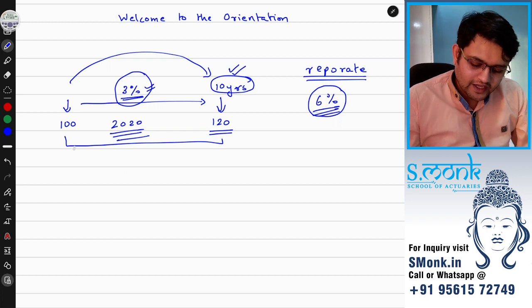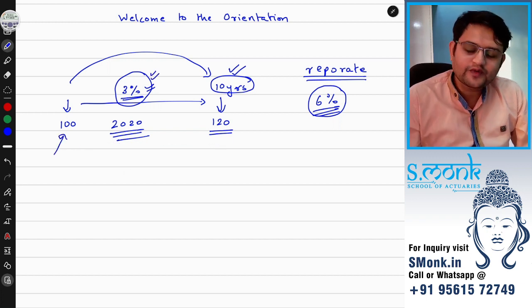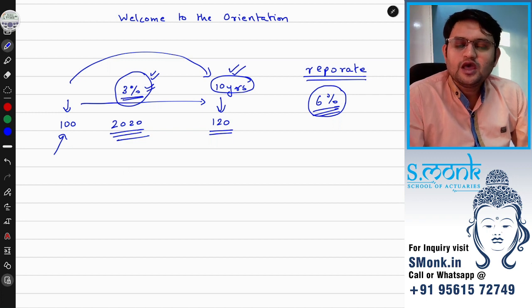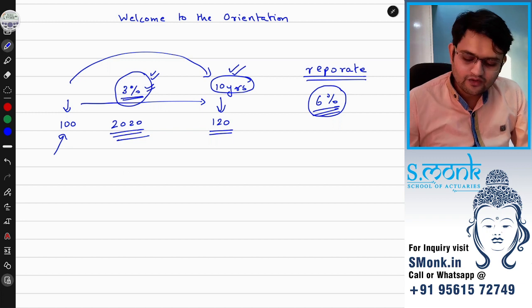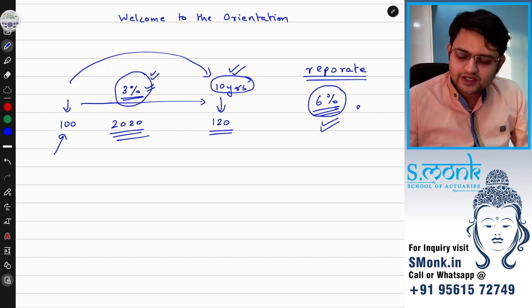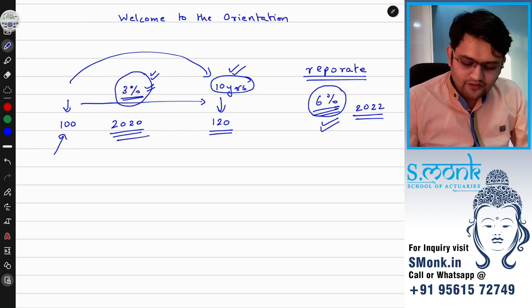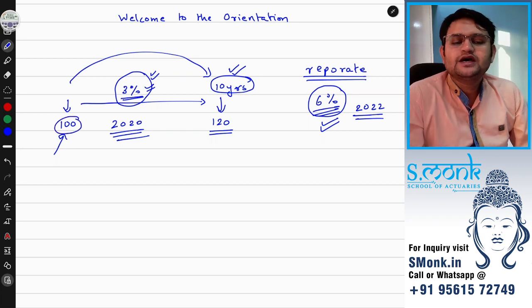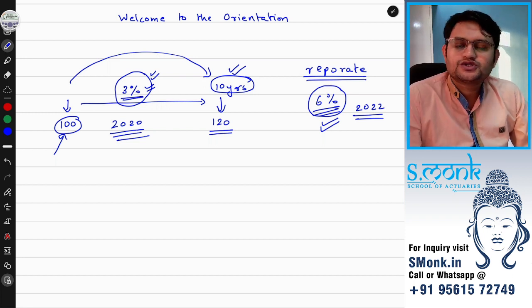So SV Bank invested most of their money in the bond that was providing them 3% returns. But now today, if anybody wants to buy a similar kind of bond, the government is offering them 6% returns in 2022. So automatically, if by any chance SV Bank wants money and would like to sell this bond, they would have to sell it at a loss.